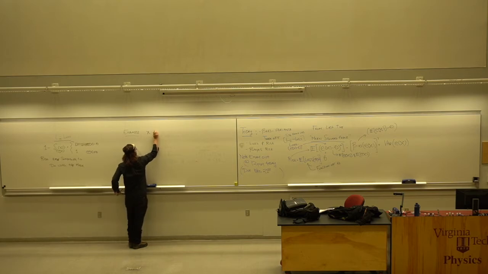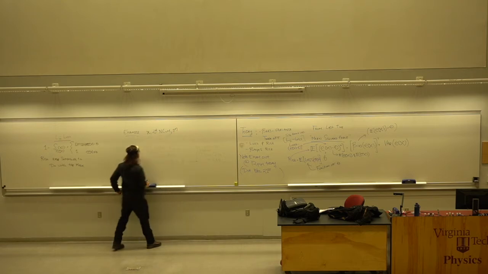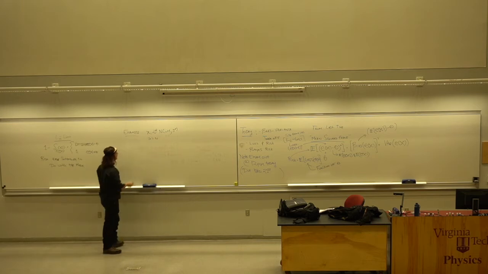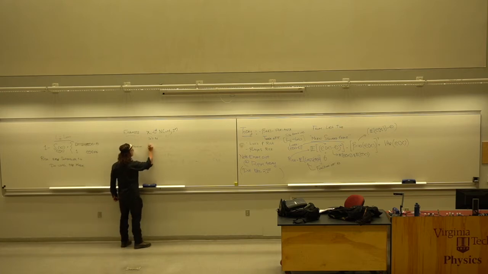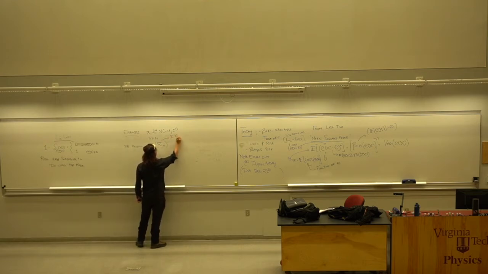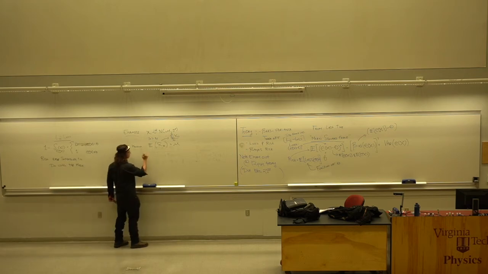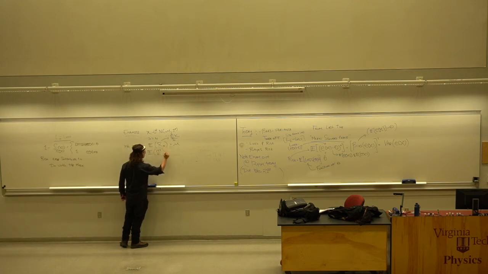Xi is normally distributed. It's got some mean and some variance, so i goes from 1 to n. We know a couple things. We know the expected value of x bar n. Just as a reminder, that's just the arithmetic average. This is equal to mu. That's unbiased. We also know, hopefully, but if you don't know this, you can verify it,